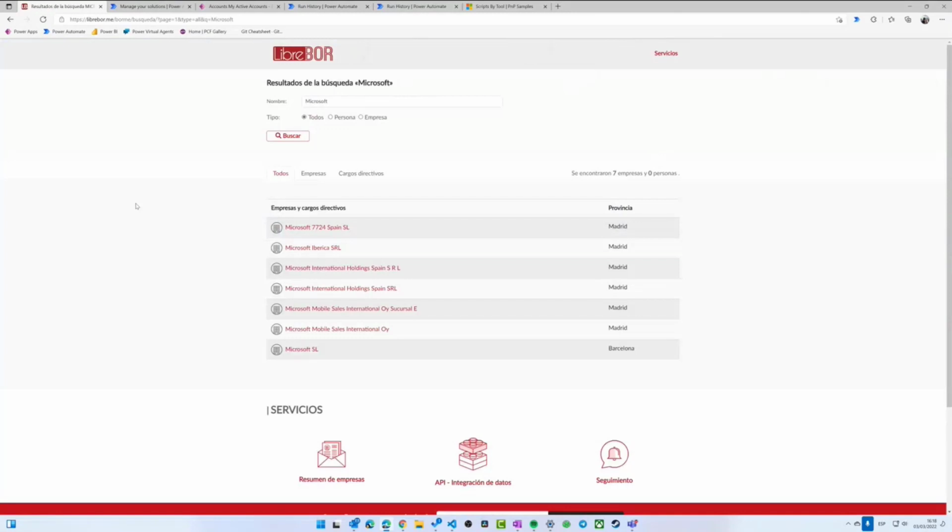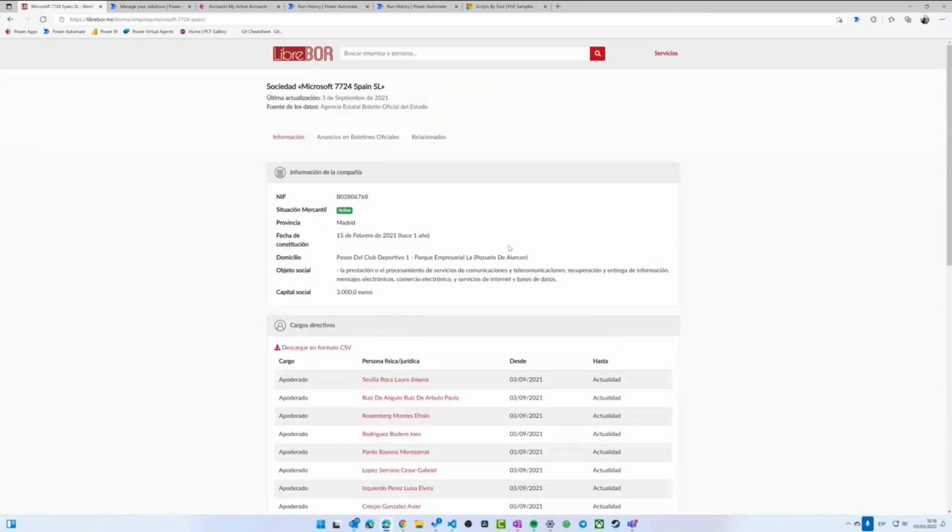It's built in Spain, where at the moment the government doesn't have an API for this type of data. They only publish it in PDF format. And the founder of this project essentially built a program that scans the PDF files, extracts the information, stores it in JSON, and makes it available in this nice search engine that you have here.